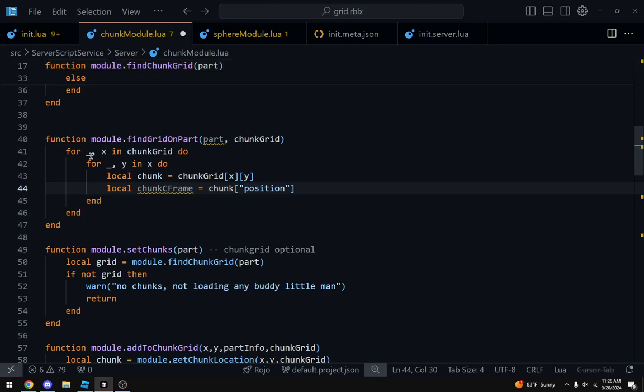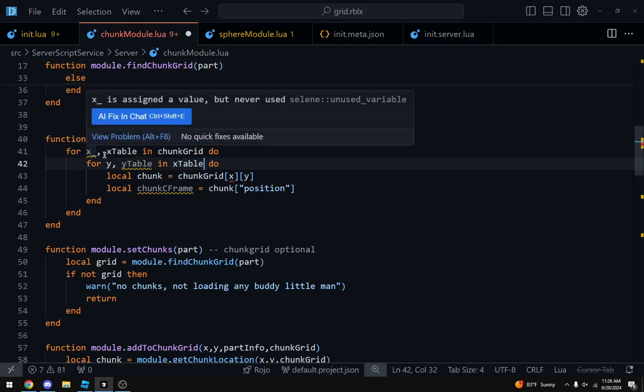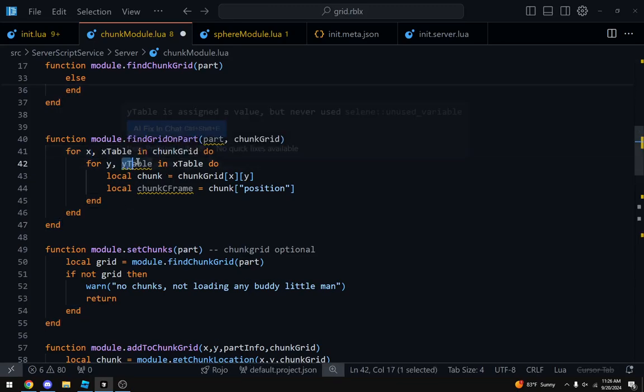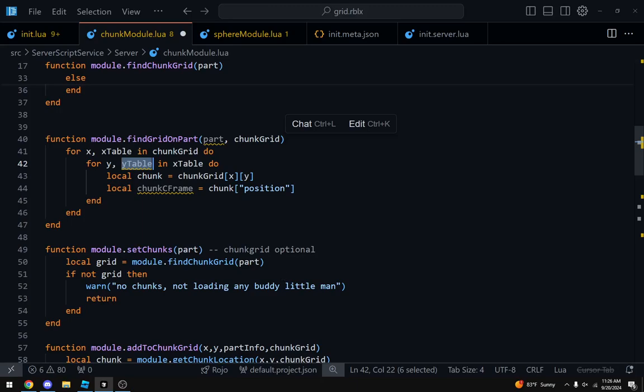Okay, so for the iterator, x table, okay, y table here, and inside the y table is the chunk information.